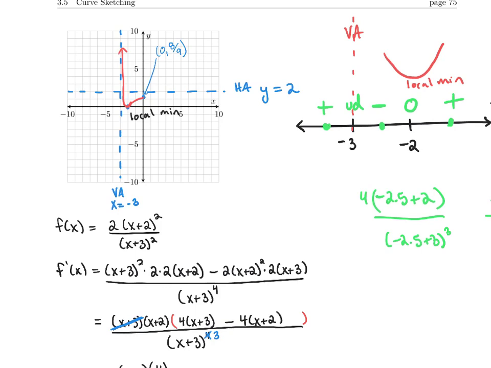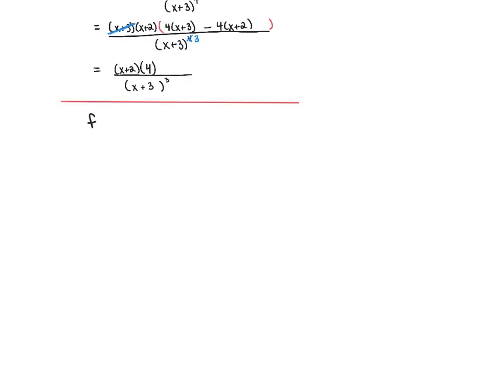Notice we're also going to have information on increasing, decreasing from this first derivative. But let's go ahead and move to concavity, and then we can try to tie it all together. So now we're going to go ahead and look at the second derivative, so f double prime of x. Again, we need to do the quotient rule. So bottom times the derivative of the top is just 4, subtract top